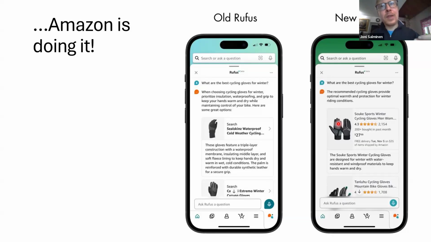And this might have really, really big ramifications for marketers, because how we get into this chat dialogue becomes the focus of our optimization efforts. And it might be that we need to drop Google, because if people's buying behavior changes, it would immediately mean that Google becomes irrelevant for us. That would be the biggest shift in digital